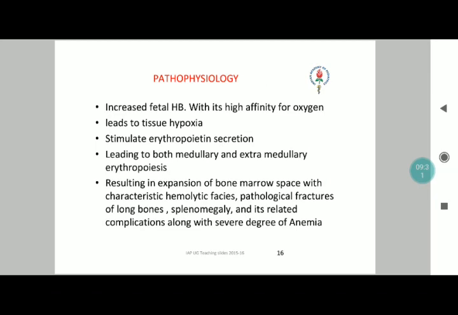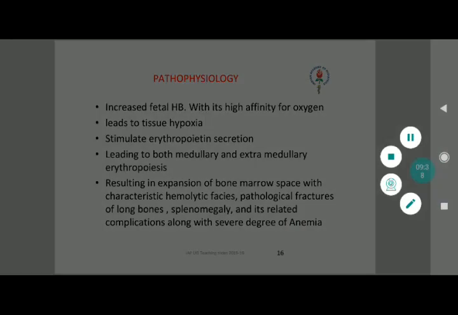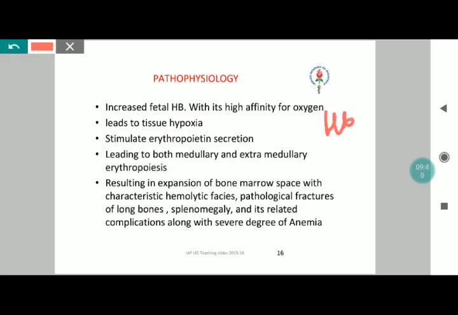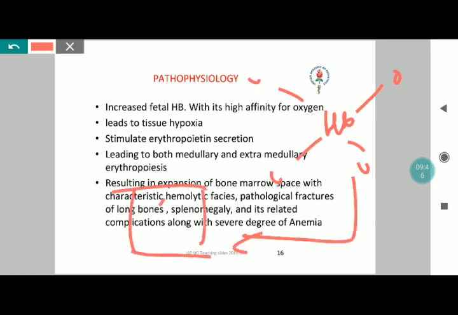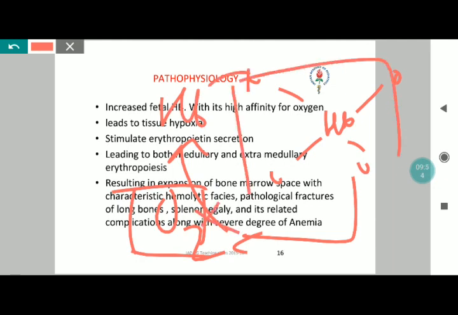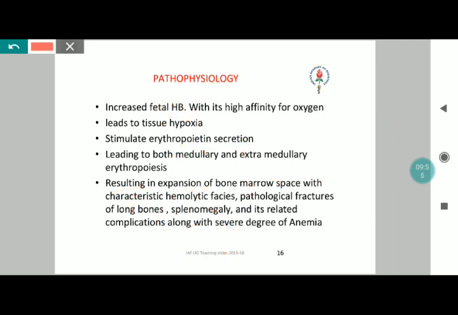Now, increased fetal hemoglobin results in an increased affinity for oxygen, which results in tissue hypoxia, because as we all know, the role of hemoglobin is to bind with oxygen and it is supposed to release the oxygen when it comes into the particular tissue. So oxygen should come here and the hemoglobin should come back and result in further binding. If this release does not occur, if there is too much attachment of oxygen to the hemoglobin, it is not good. And that is precisely what happens if there is fetal hemoglobin.